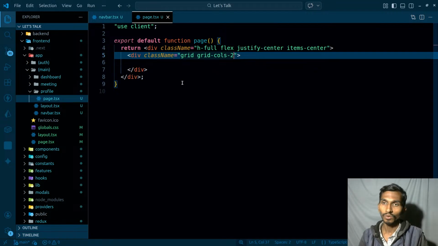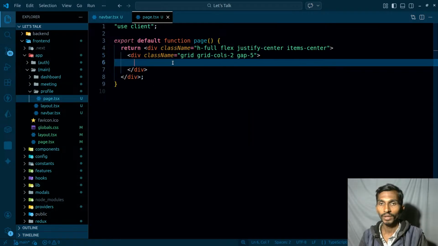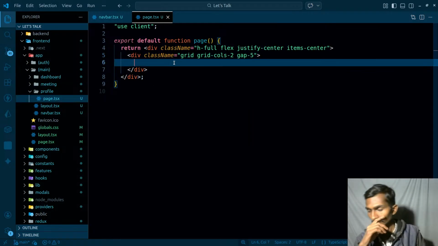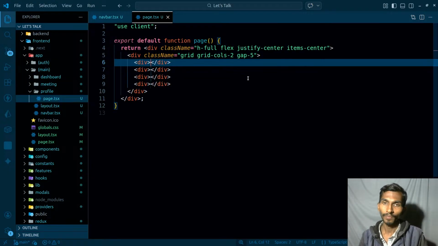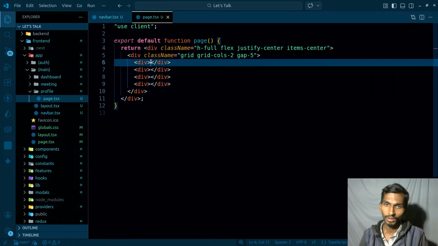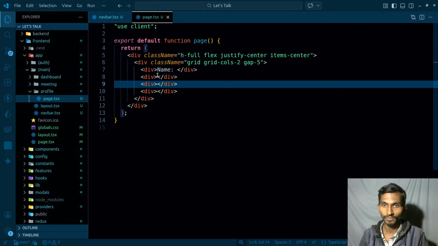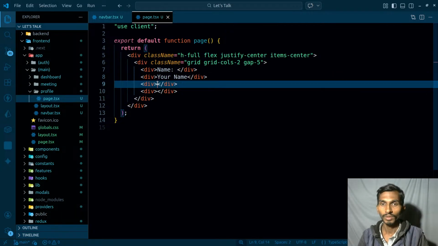Once there are 2 columns, of course there's gonna be a gap, so let's give it a gap of 5. And as this is the grid, there are gonna be 4 divs, and they're gonna be left, right, left, right. This is gonna be the name. I will be simply mentioning name here, your name. Similarly, I will have